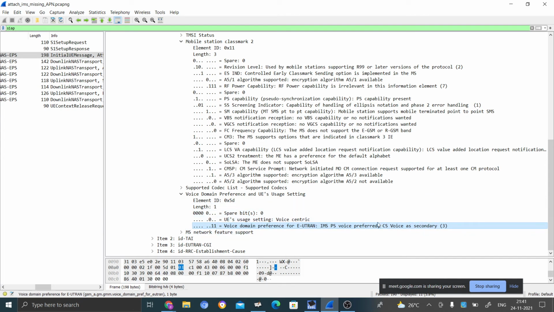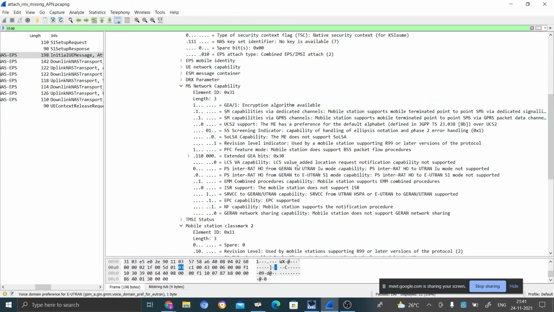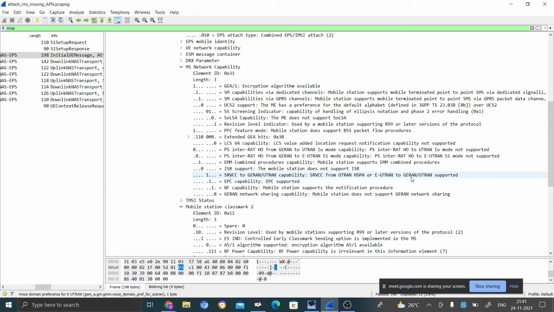Remember this one. So already here, the UE capability, the MS capability. Here we know that the UE supports CSFB.